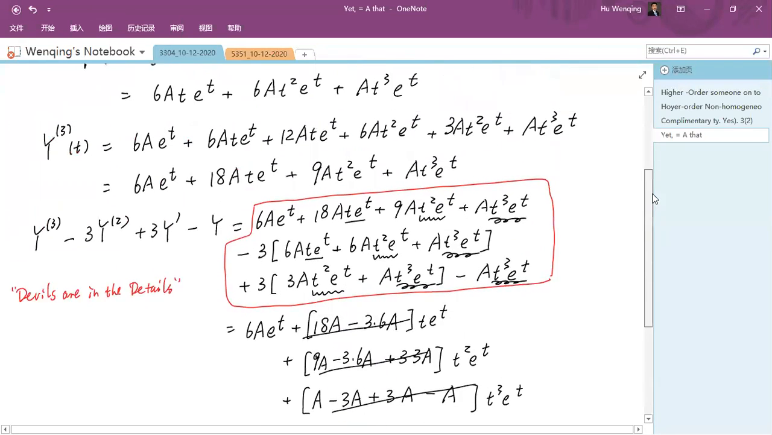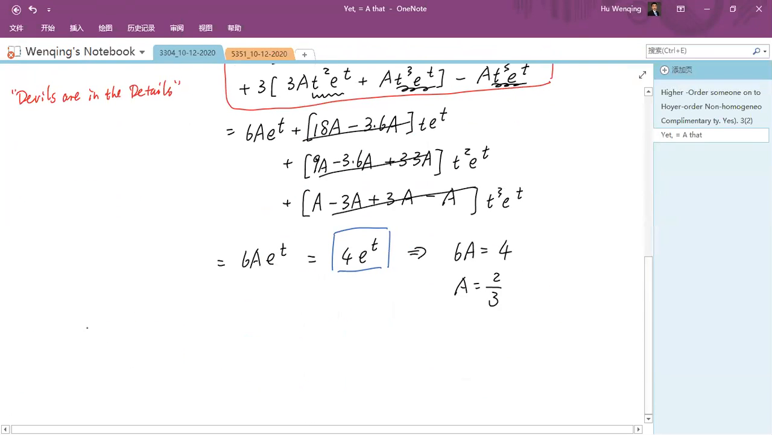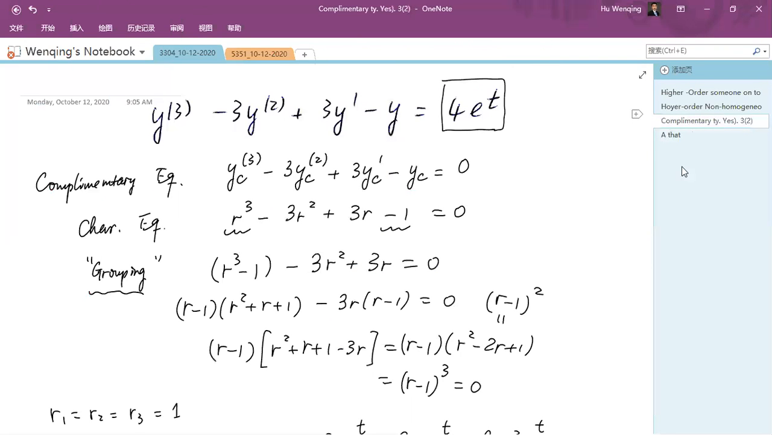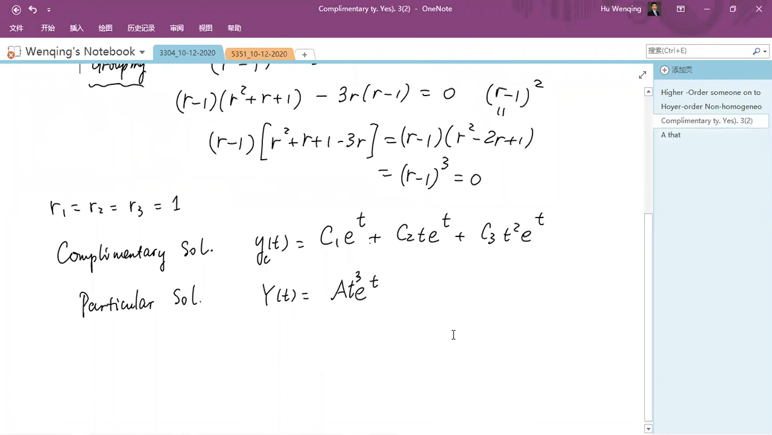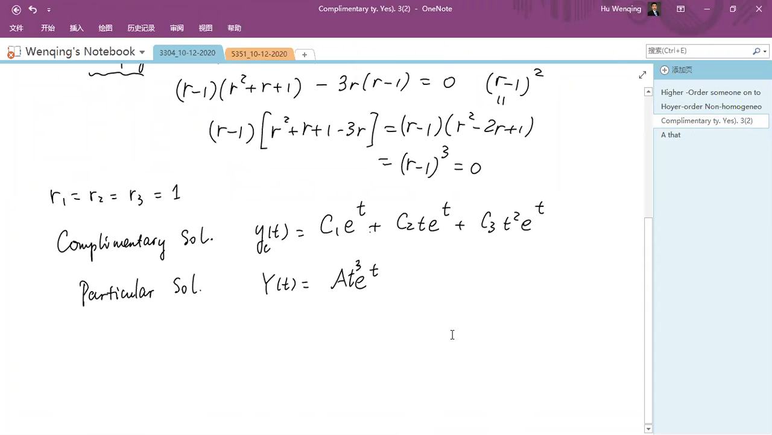So with all this, you can see that the particular solution is found. Let's say the particular solution is found to be y of t is equal to 2 over 3, we tried t cubed e to the power t. So that's going to be the particular solution. As long as you have the particular solution, you also have the general solution. You can just combine them. Here we know that the coefficient a is equal to 2 over 3. So therefore, the general solution,